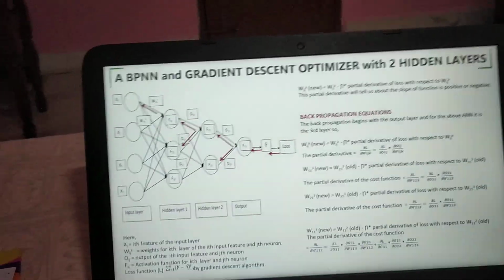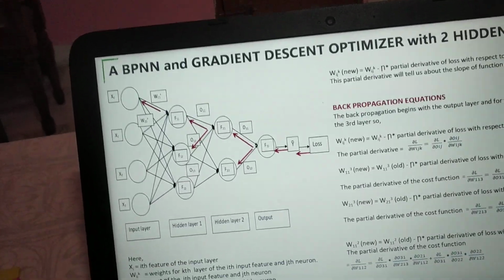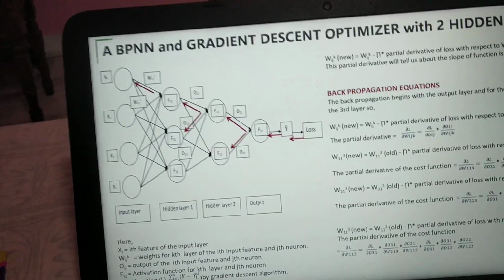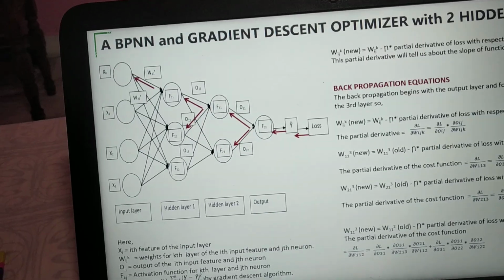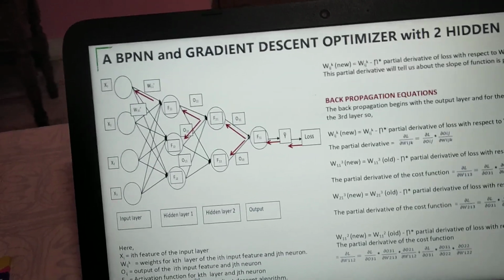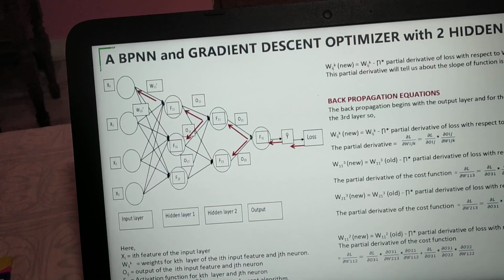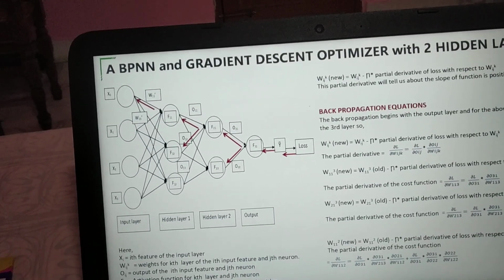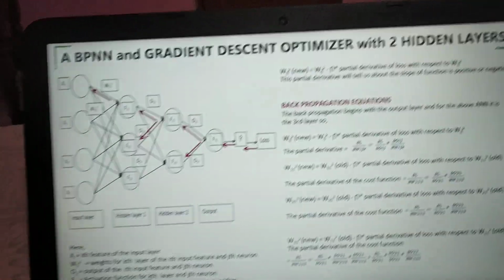This is also a backpropagation neural network with the 4 input data sets and 2 hidden layers that we have used in order to predict the output. So the loss function remains the same. The only thing that varies is the partial derivative of the loss function, which I have derived here